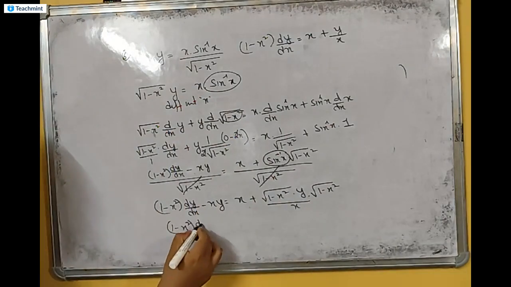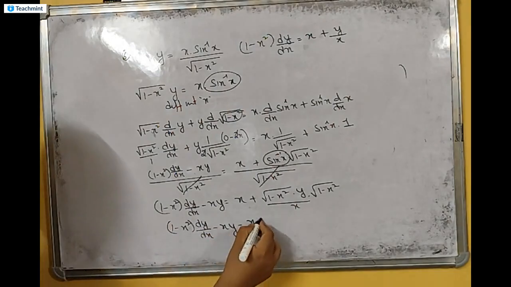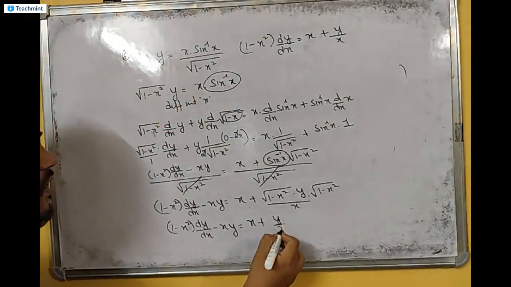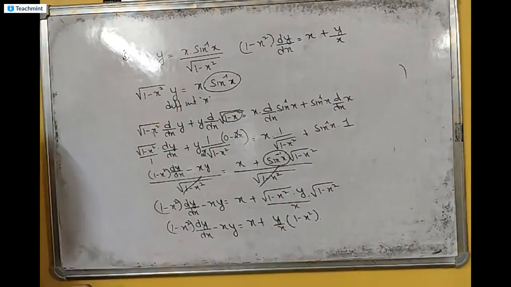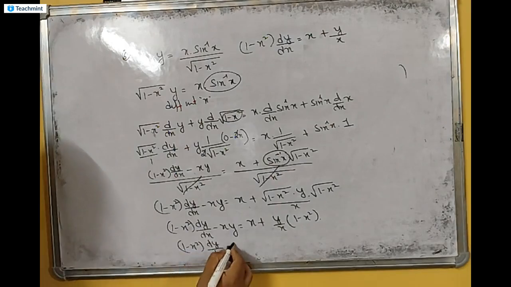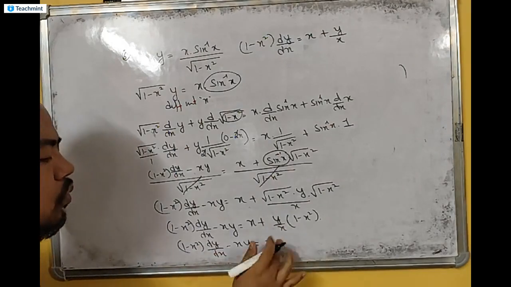1 minus x squared dy by dx, because sin inverse x is not there, that's why I manipulated it. So y by x as it is, the root and root are cancelled, so you are left with 1 minus x squared. So could you please tell me what you get? 1 minus x squared dy by dx minus xy equal to x